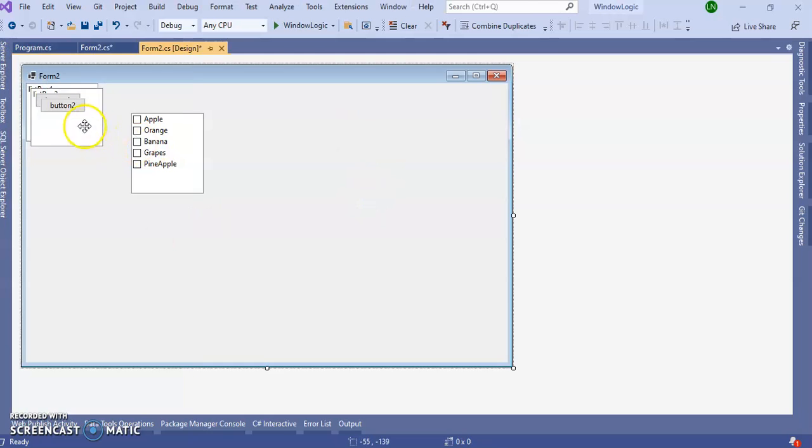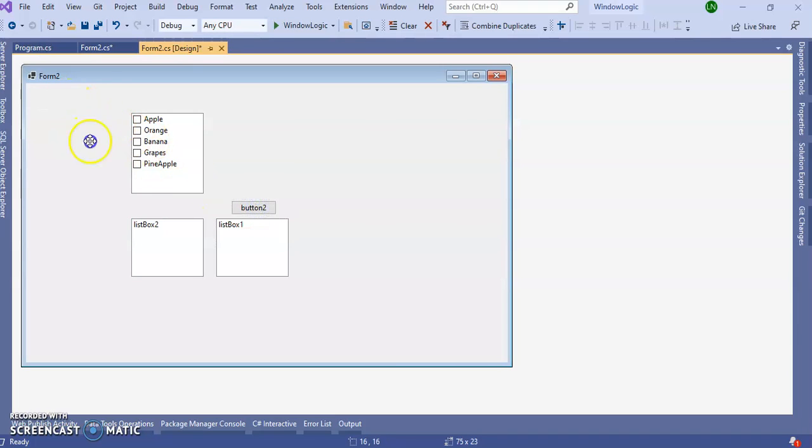So I will put it here, the second one here, and put the button here, one here. I want to add the items inside of this list box 1, and I want to add the index of the checklist box items inside of this list box